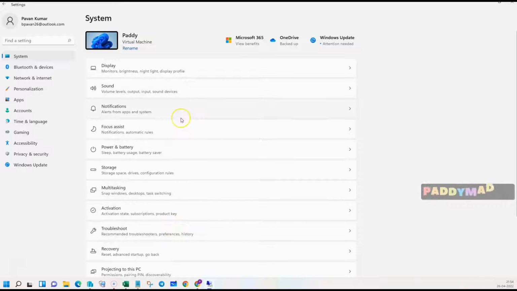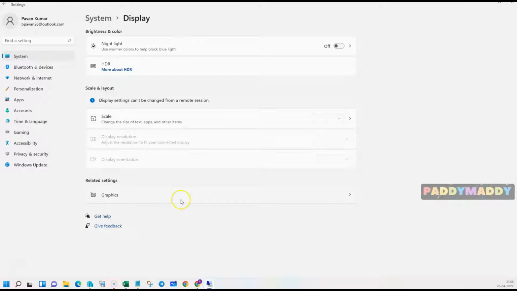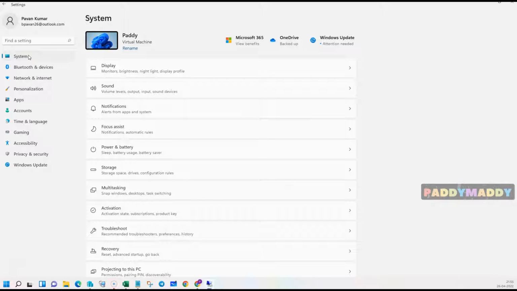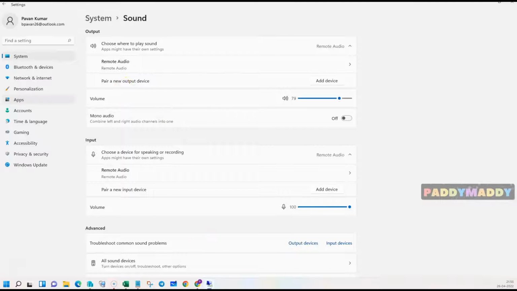Here you would see all the subcategories, and let's say if I go with display as a subcategory, I have other options here. This is where you could change the resolution, graphics, and all of that stuff. And if I want to go back to sound, I can do some kind of adjustment with my sound system. There is another important subcategory that we could talk about, which would be your computer's power and